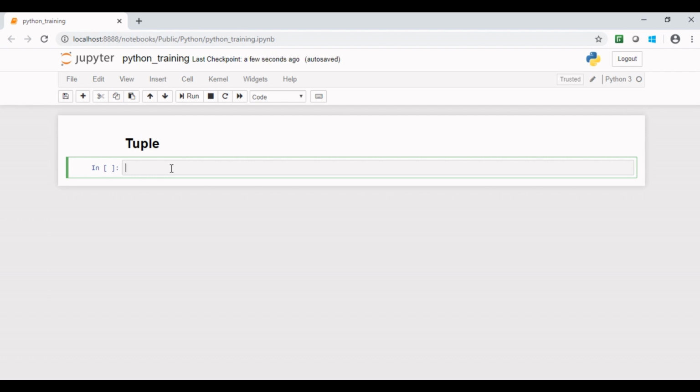A tuple is initialized as the collection of comma-separated values enclosed within the small brackets. Let me declare a tuple to understand it better.